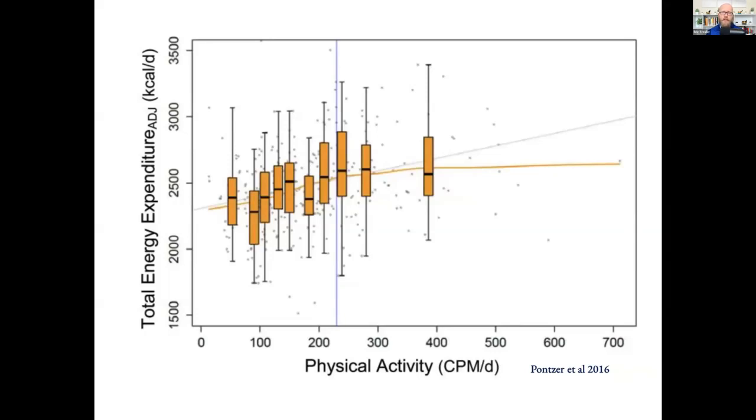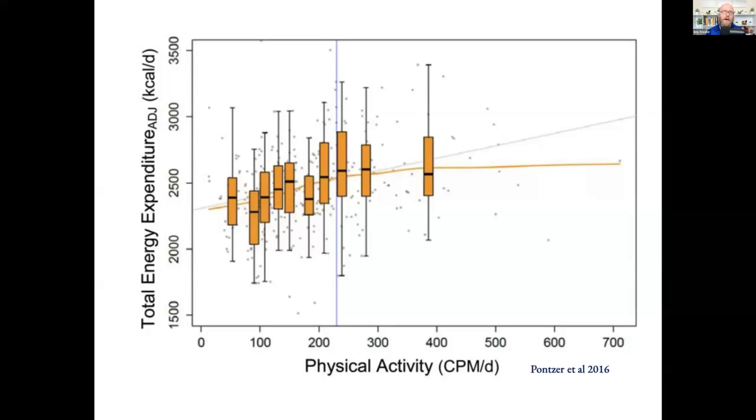So this is a figure from a paper by Pontzer and colleagues in 2016. What we're looking at is the relationship between total daily energy expenditure measured via doubly labeled water, and then on the x-axis, we have physical activity measured via accelerometry. And this was from 5 different cohorts, and each cohort was at a different level of what we would call industrial development. So ranging all the way from essentially hunter-gatherer type economic models all the way up to very sedentary